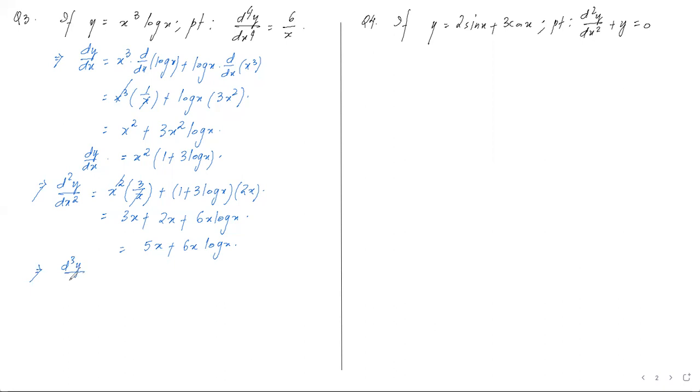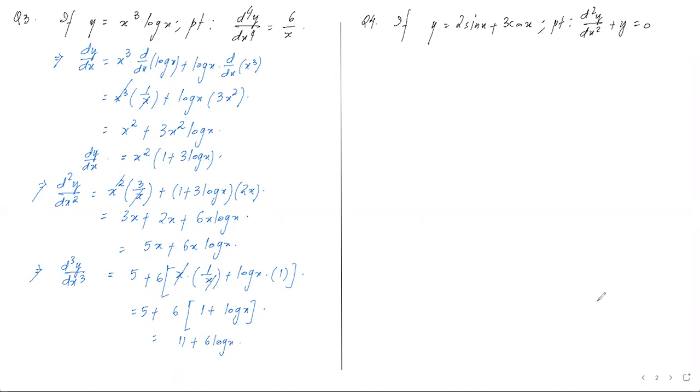Differentiating again, that is for the third time. So d3y by dx cube. Derivative of 5x will give us just 5. And once again, we can see product rule to be applied, x log x, two functions in multiplication format. So I keep the 6 outside and open a big bracket. So this is x, d/dx of log x will give me 1 by x, plus log x into d/dx of x will give me 1. Now this x and x gone. So this is 5 plus 6 times 1 plus log x. Opening the bracket, you will get 11 plus 6 times log x.